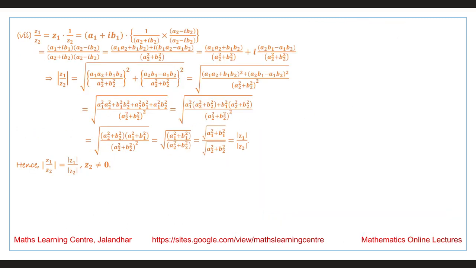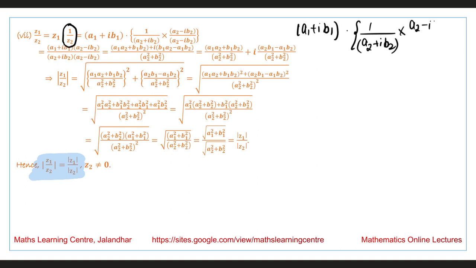Next we have to prove that mod of z1 by z2 is equal to mod of z1 divided by mod of z2. To prove this result, we start by writing z1 is a1 plus iota b1, and we are talking about the value upon z2, so it is 1 over z2. We write it as into 1 over a2 plus iota b2 into a2 minus iota b2 divided by a2 minus iota